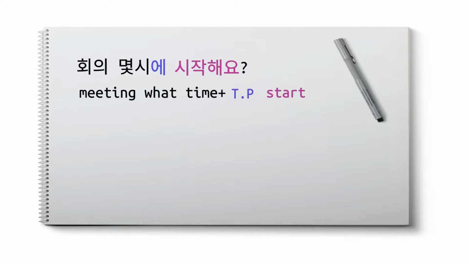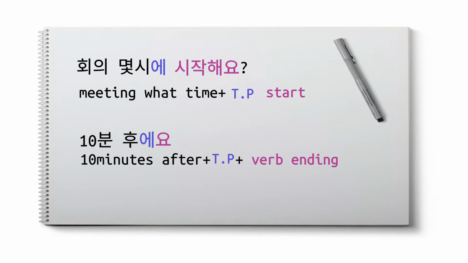Now let's find out what they were saying. 회의 is meeting. In this phrase, it is the subject noun. 몇 시, what time. 시 is a counting unit for hour. 몇 is actually how much or how many. Counting the time, whatever it follows after. 에 is a time particle. 시작해요 is the verb from 시작하다 as a dictionary verb, conjugated to 시작해요, meaning to start. So this translates to: at what time does the meeting start?